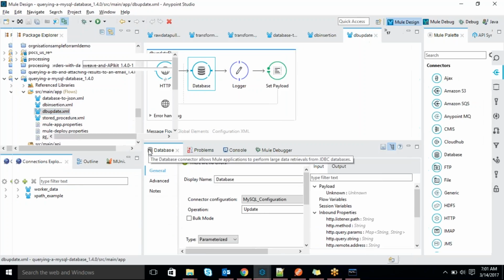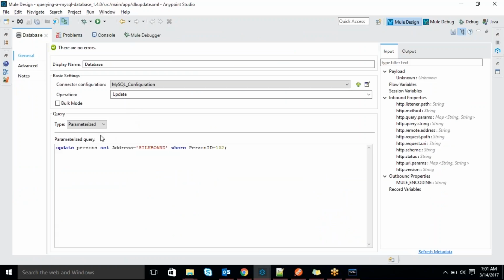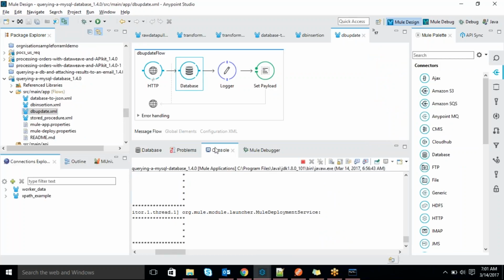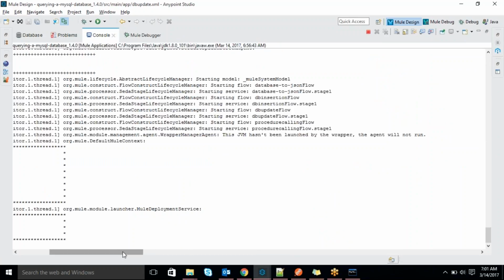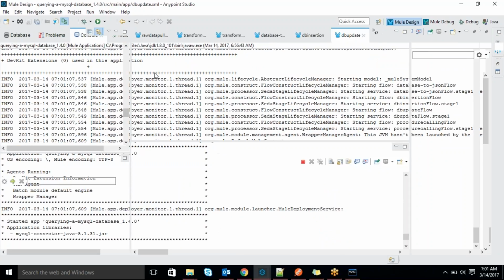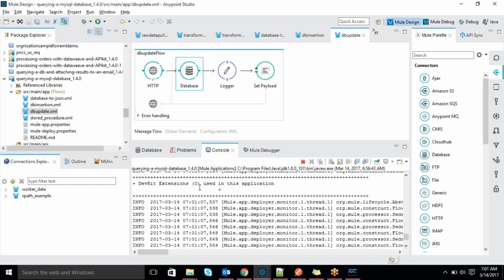Then here I choose the update operation. So this is the query for that. I'm trying to update the record. Whenever you save it, it automatically deploys, not redeploys again, automatically deploys.